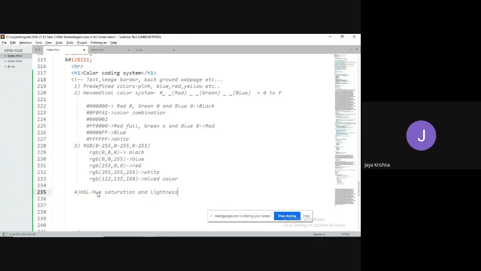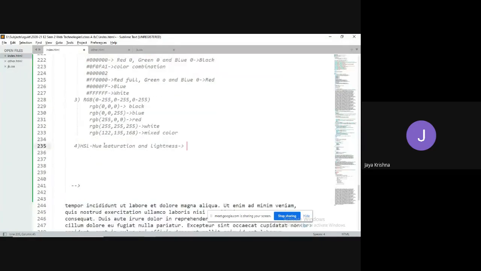But the concept here is a different concept. Hue means a color combination represented in the form of a rounded circle, in the form of degrees, where 0 degrees represents red color.